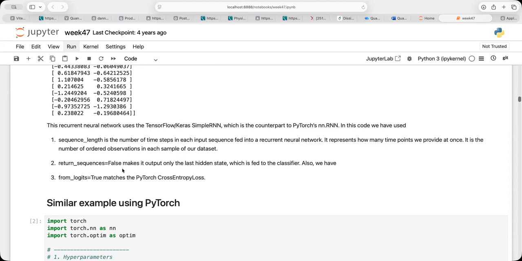And then we have return sequences, which is false, which makes the output only the last hidden state. You can actually, if you want to, output at every time step. So if you're only interested in the output of the final step, this is one way by which you could do many to just one. If you want to spit out the solution of a differential equation which you have been fitting at every time step, then you would have to take away this false option. And you will see examples of that a little bit later here.